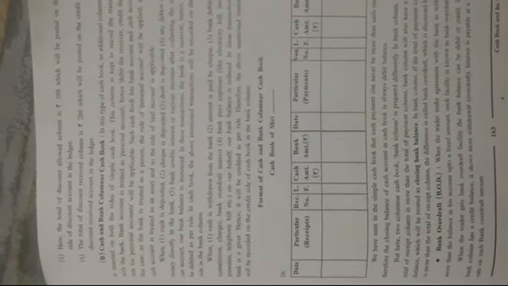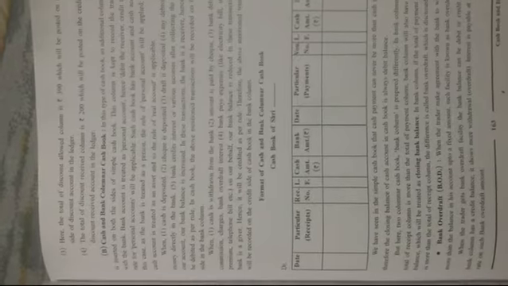Got it? So for recording the bank transactions in the cash book, the rule of personal account will be applied, that is debit the receiver. If bank balance is increasing, then the bank is the receiver, therefore you have to debit the receiver, and if bank balance is decreasing, then credit the bank account, means debit the receiver and credit the giver.